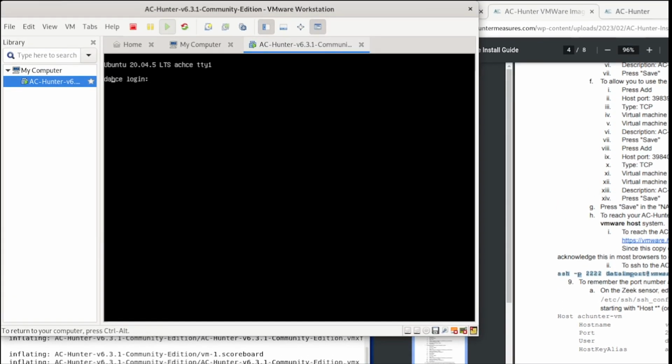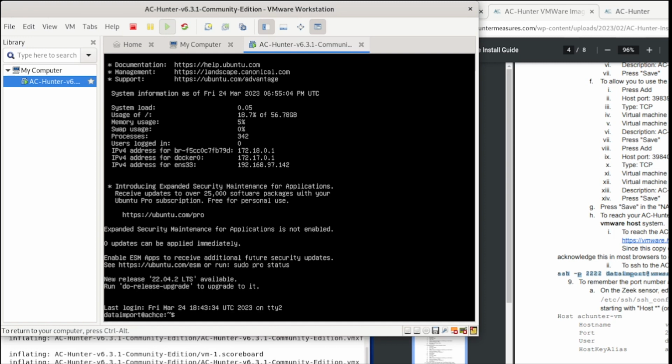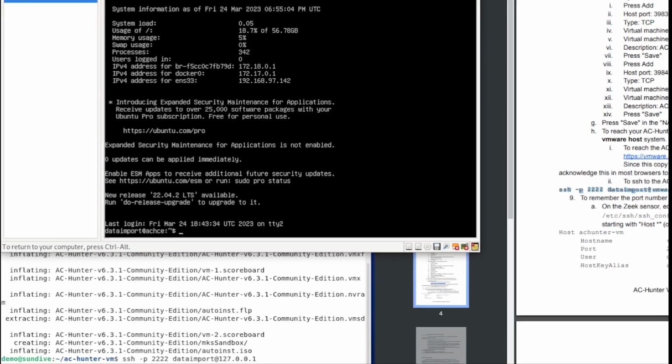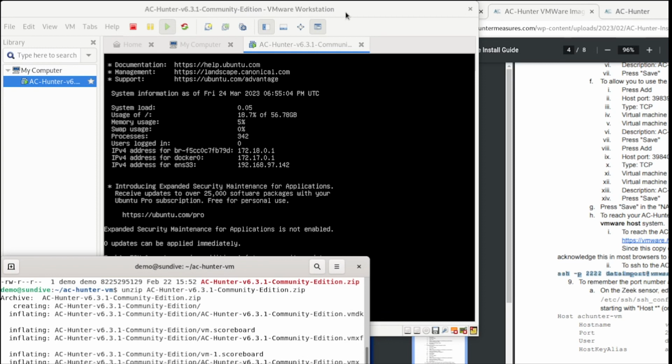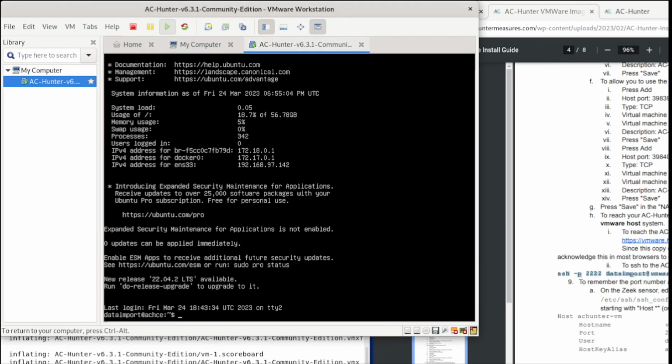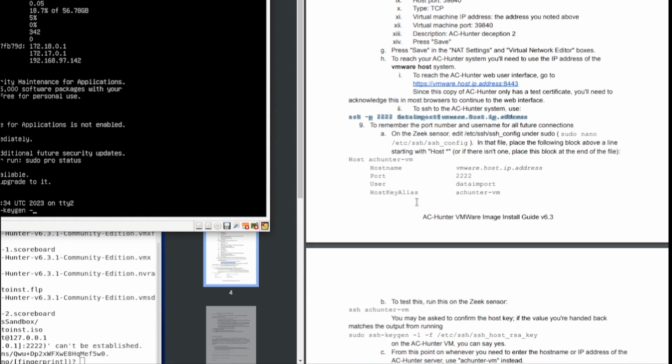So what I'm going to do is log in on the console as the data import user, and I'm going to run a command that will check that fingerprint. Now note down here on the command line, SSH is trying to use an ECDSA fingerprint. So let's check what that ECDSA fingerprint should be. And the command to do that is sudo ssh-keygen dash, here we go,